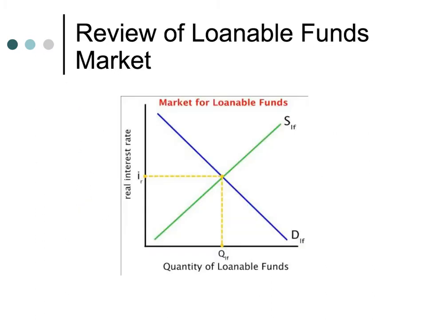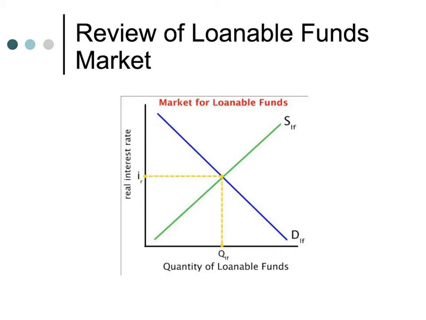So here's a graph of the loanable funds market. We have the real interest rate. Okay, so when we account for inflation, that's the interest rate. And the quantity of loanable funds on the x-axis, so that's usually just labeled as QLF. And then we have the demand, which is downward sloping like we're used to, and supply that's upward sloping. And the equilibrium point shows what the current interest rate is, as well as the quantity of loanable funds